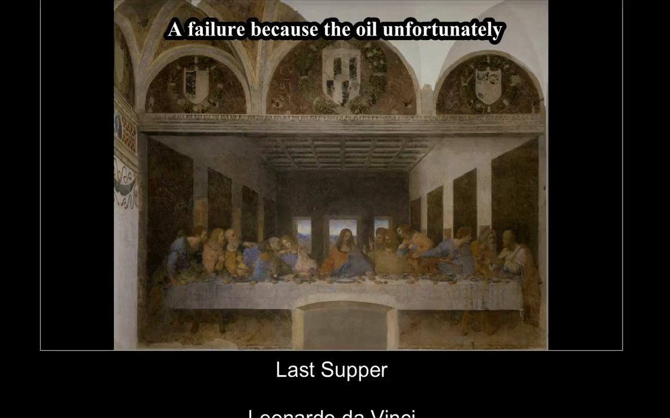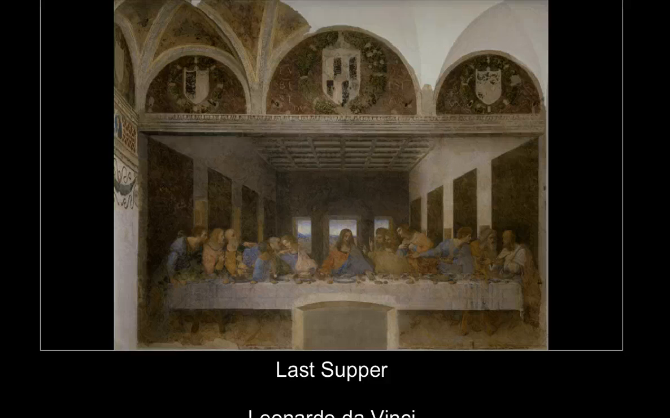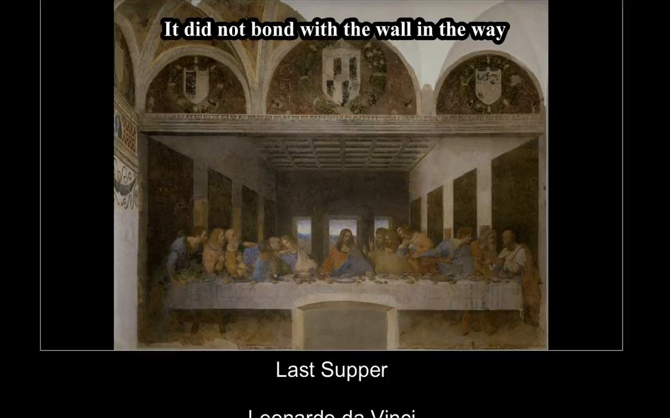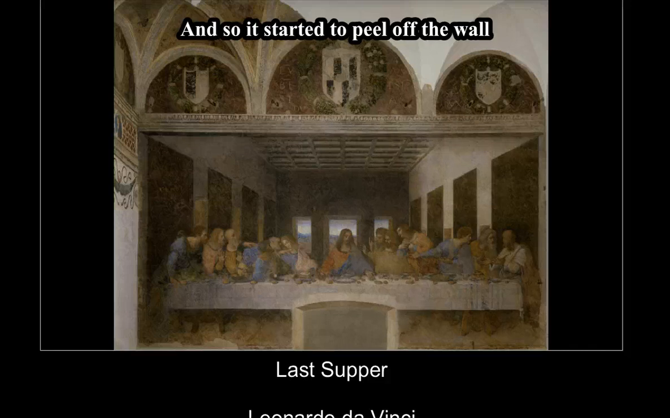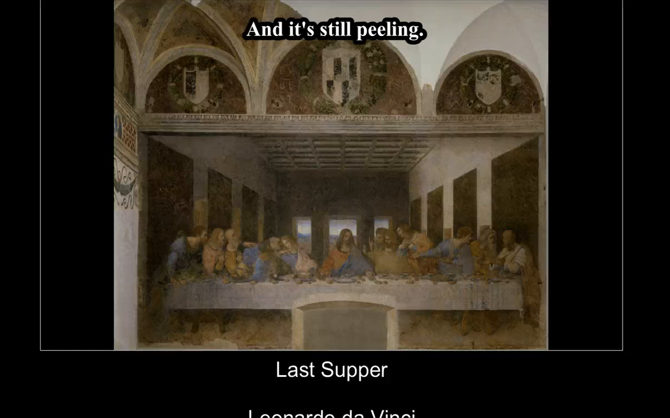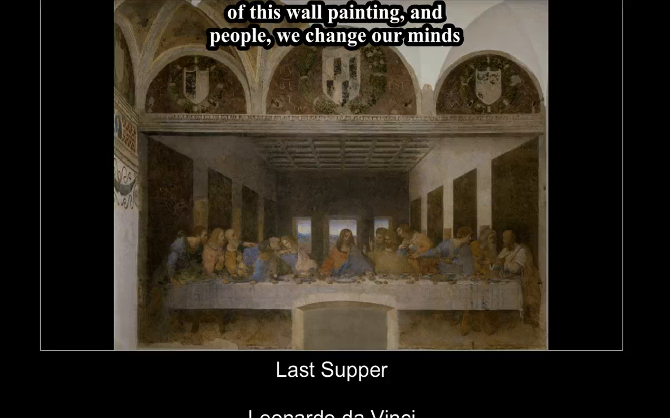A failure because the oil, unfortunately, made it so that the pigment did not adhere to the wall. It did not bond with the wall in the way that it should in fresco. And so it started to peel off the wall pretty much immediately, and it's still peeling. There have been numerous restorations of this wall painting, and